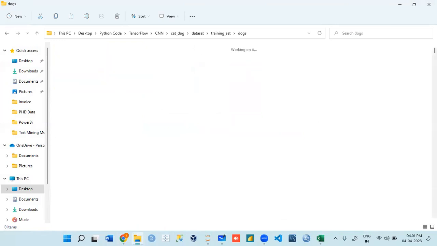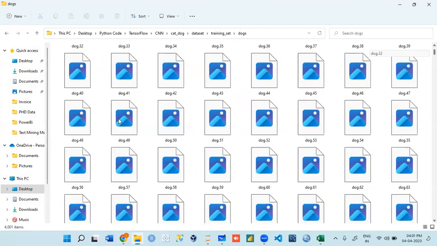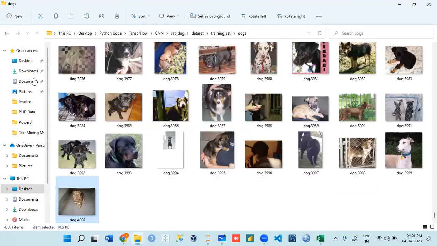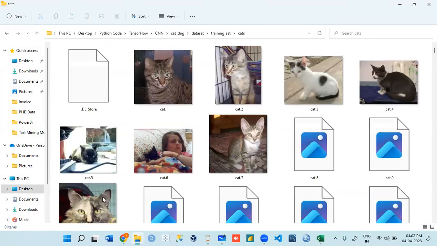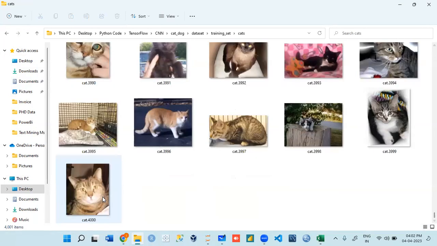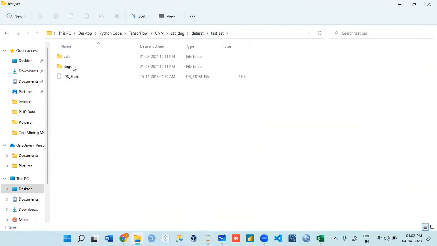We have approximately 4,000 images of cat and 4,000 images of dog within train, and within test we have again cat and dog. If I check the number of images over here,